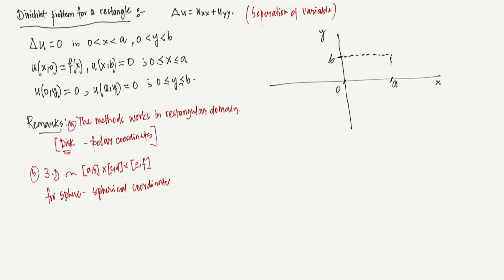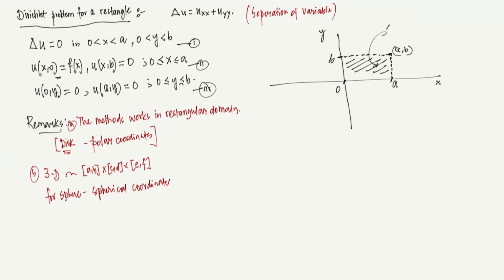Okay, and then this is the thing here. So this is your a comma b, that's a point. Okay, so he said that y equals 0. So see, this first condition, the first equation, what does it say? Let's just call it 1, call it 2, call it 3. Okay, so the first condition says that u satisfies Laplacian u equals 0